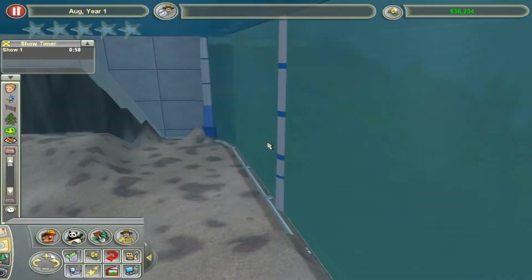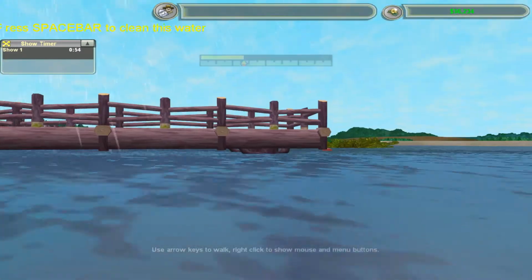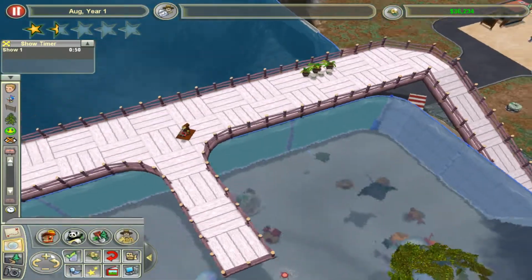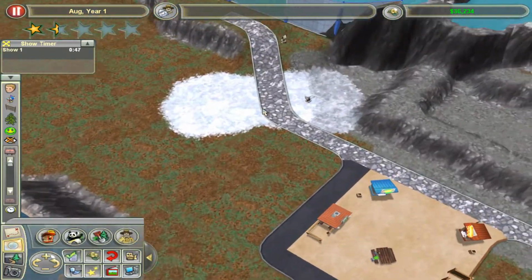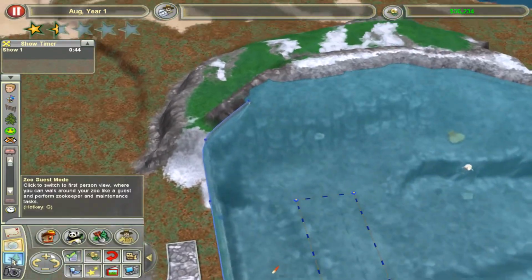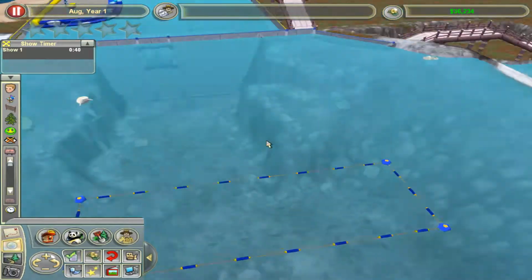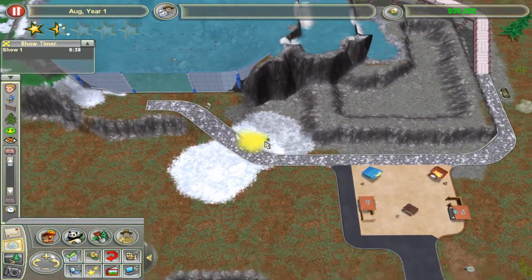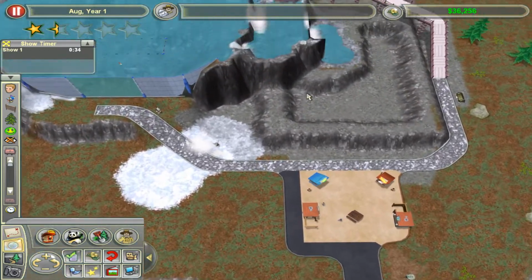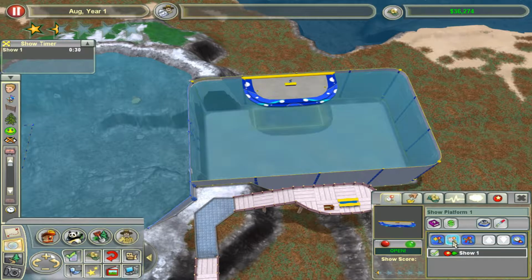Let's refill these. Oh wow, I'm doing a lot of somersaults. There we go, and let's refill the beluga whales. There are so many things to care for. This is around the time when I start to get our first zookeeper, just to be safe. People didn't go to the show. Another one is coming up soon. I might actually make it so that it's only...